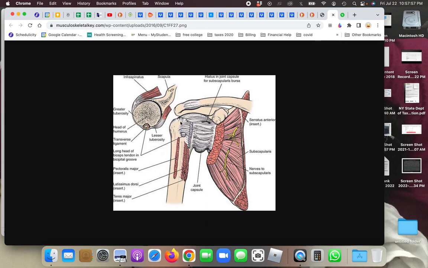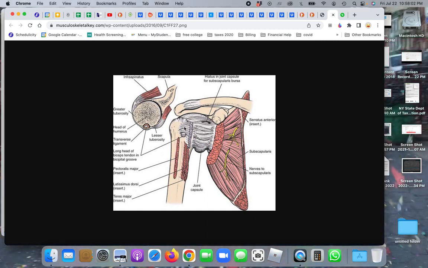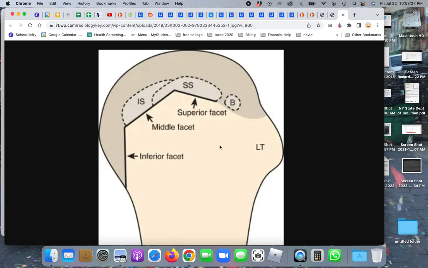Here's the bicipital groove, the intertubercular notch. Bicipital groove, biceps tendon. And then in the front is the lesser tuberosity. And the subscapularis tendon, which is right here, would be inserting in the, looks like part of the lesser tuberosity and maybe part of the greater tuberosity. Let's see if we can, yeah, okay, so